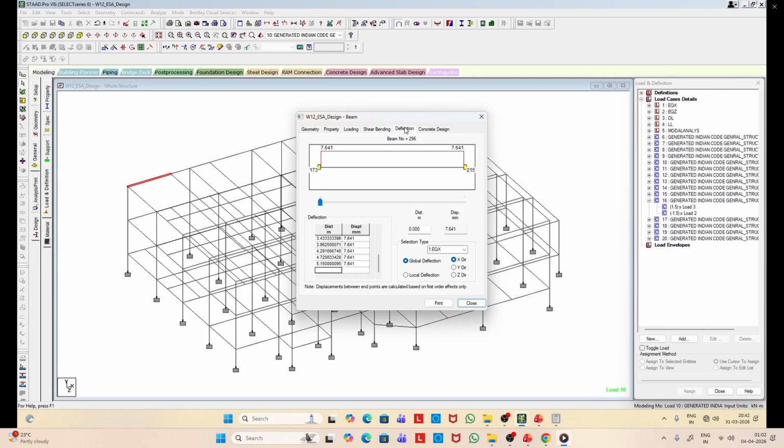So you can see the deflection also, and then the deflection in millimeter along the length. So you can see the location of maximum deflection, and that too for different combinations also.